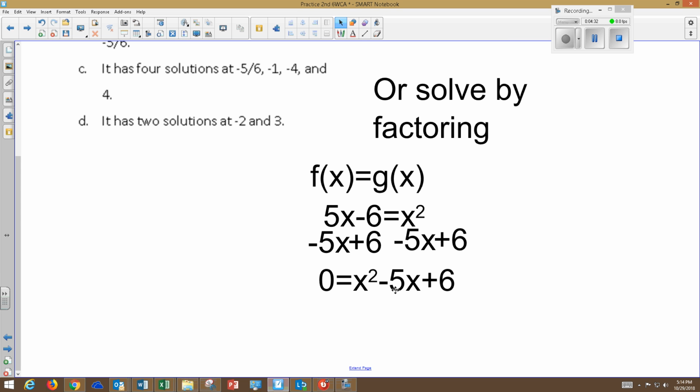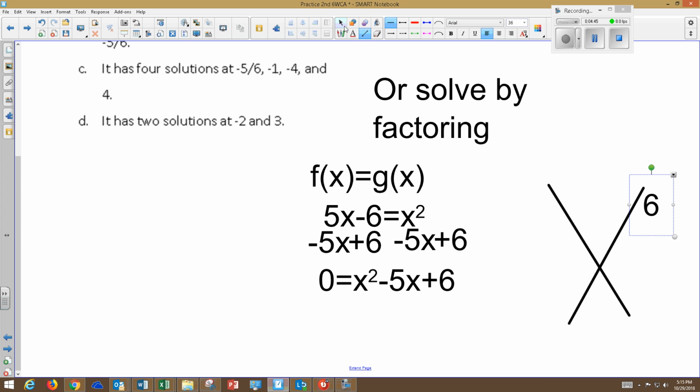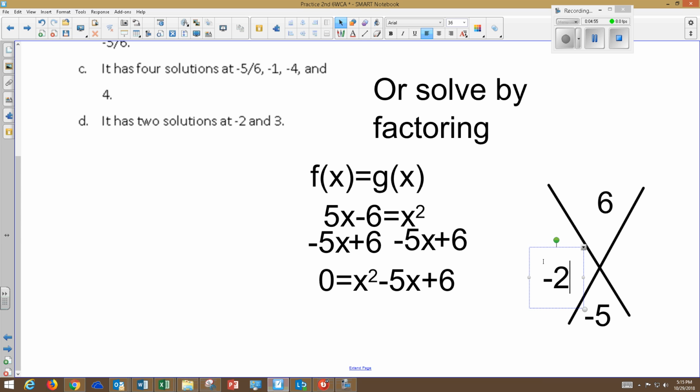Well, we can factor that. We're going to have x and x again, and we've got 6 there, and we're going to have a -5 there. That's going to give me a -2 here and a -3 there, because negative 2 times negative 3 is positive 6. And if you add them, you'll get negative 5, which tells me my factorization is